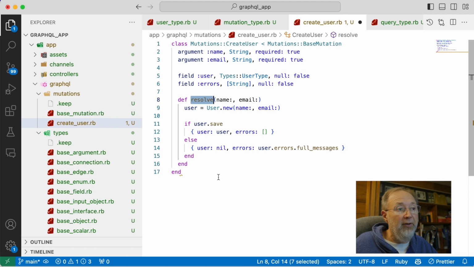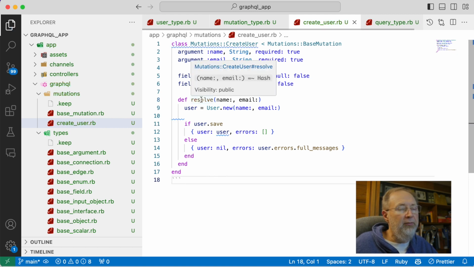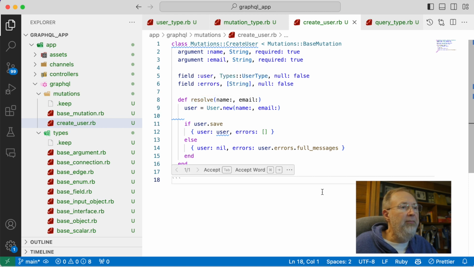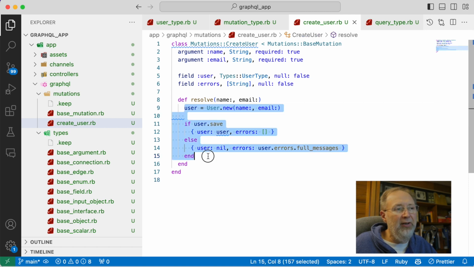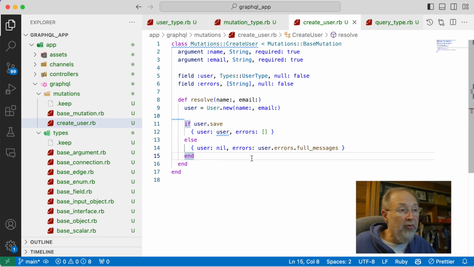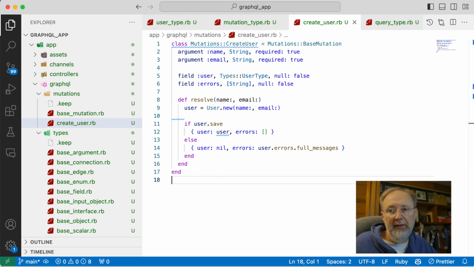does this resolve method when something is posted to it. And you've got two arguments there, name and an email, and we just do some standard stuff like you would inside of a normal controller. Think of this as a controller, really. And it does the new, and then it returns. So that means that if we wanted to create a user,